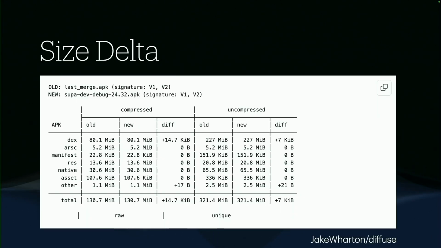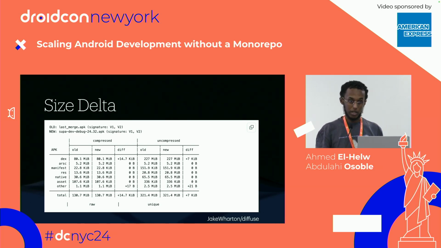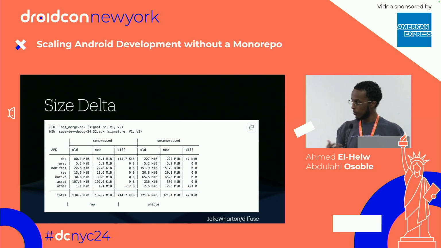Another one would be size delta difference. This is pretty important because when you think about the final APK that's being shipped out into the world, you have a bunch of different feature AARs that are being shipped to your app. And the number of features is growing as time goes on. You want to keep the size of your app as small as possible so that it'll automatically be downloaded every time an update goes out. Because once you hit a certain threshold, it's not going to be updated automatically.